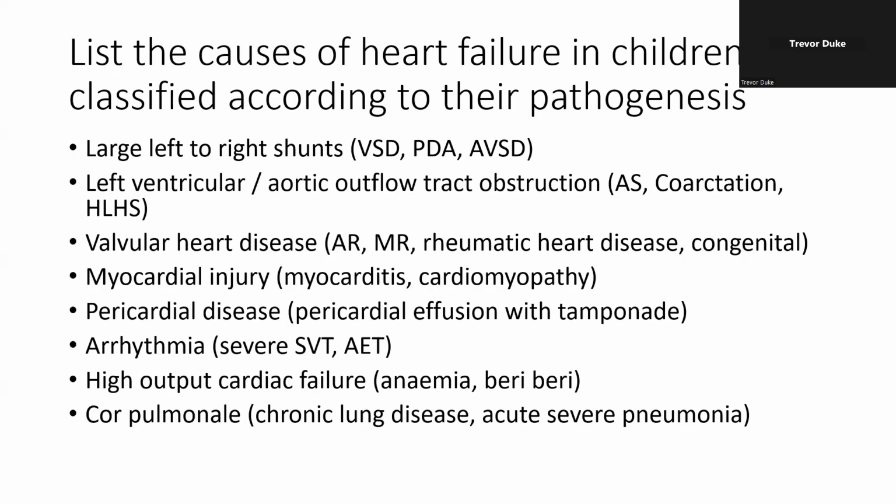The next way of thinking about the pathophysiology or the pathogenesis of heart failure is if you've got an obstruction to any of the outflow tracts. So if a child has an obstruction to the left, particularly the left ventricular outflow tract, not so much the right ventricular outflow tract, that usually leads to cyanosis, but an obstruction to the left ventricular outflow tract anywhere along the pathway. So at the outflow tract there's the aortic valve, before that's the infundibulum, or the muscle just below the aortic valve, a subaortic stenosis, and then above that, above the aortic valve, you can get a coarctation,